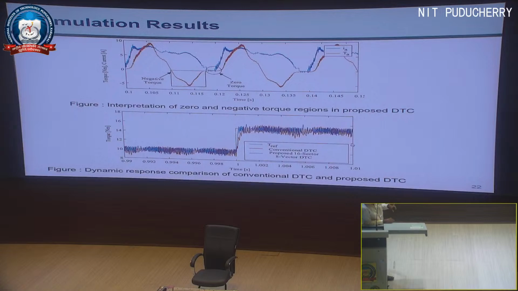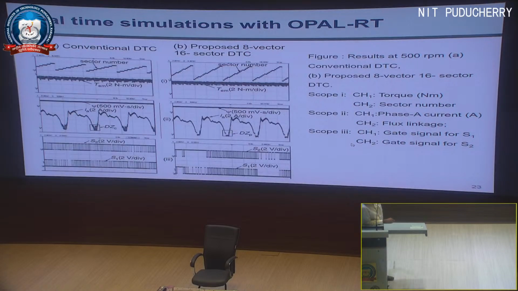Then we were thinking, we already increased the sector, why not increase the vector also? But there is one point to be remembered, there is a degree of freedom. You cannot keep on increasing and then say that I achieved a certain thing. That may be possible for publishing the paper, but practically we also have to check whether it is an optimal value. It should not be too low, it should not be too high. You cannot keep on increasing. So we increased to 16 vectors from 8 vectors, but before that